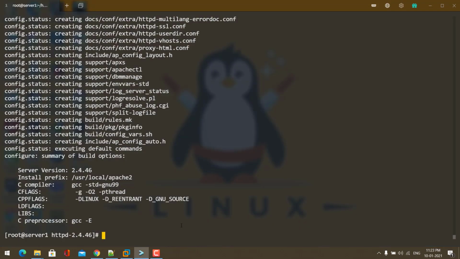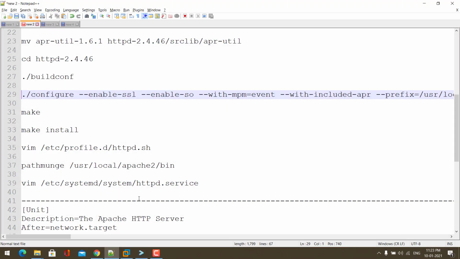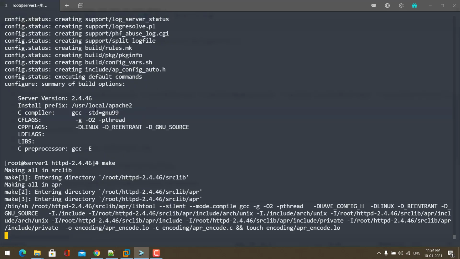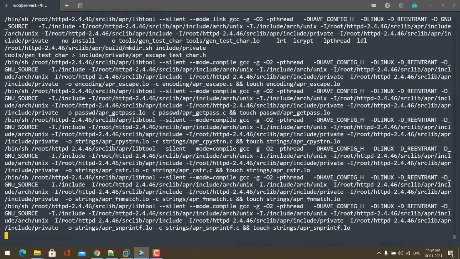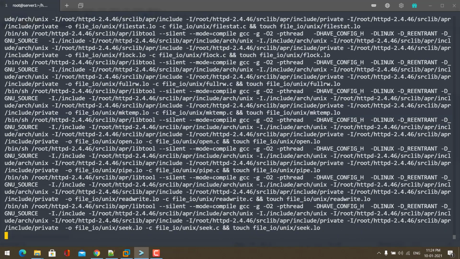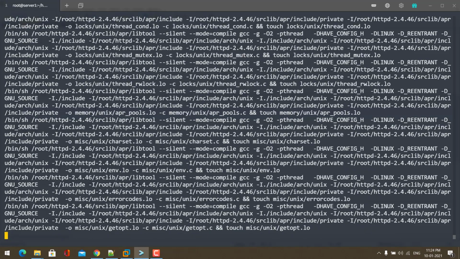You will see something like this after the command completes. To complete the Apache installation, you need to give another two commands, make and make install. This command will prepare the Apache installation, and make install command will install the Apache.